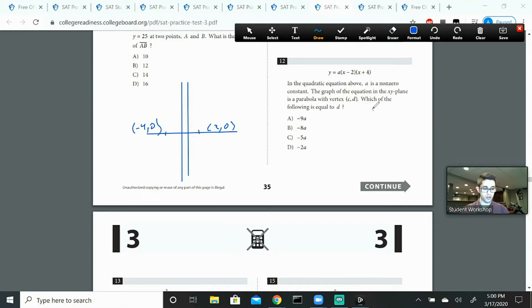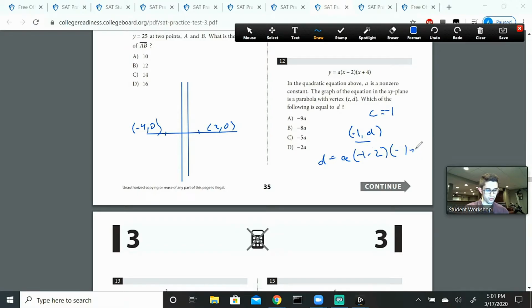So we in fact already know that c equals negative 1 because that's the x value of our vertex. So we have a point (negative 1, d), and a lot of times you'll be given points in functions. This one was a little harder to find than other ones, which is why I consider this one of the hardest questions in these 8 tests. And we're going to use this point now to plug it into the equation it gives us and try and solve for d. So d is the y value equals a times negative 1 minus 2 times